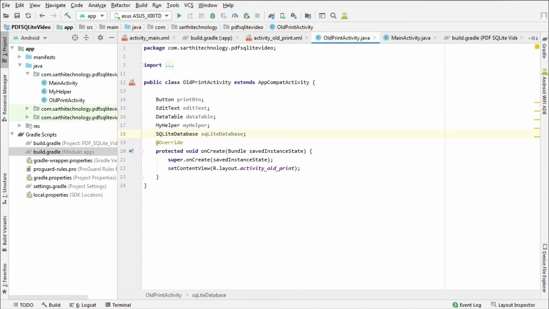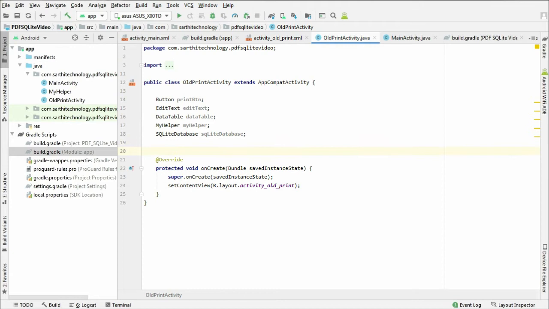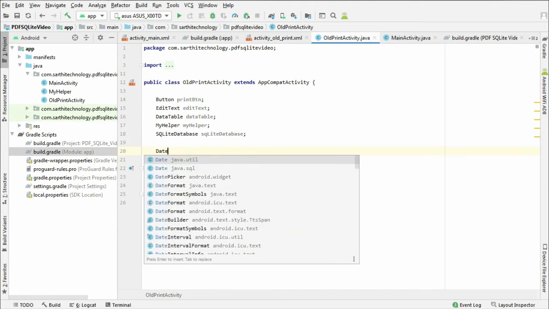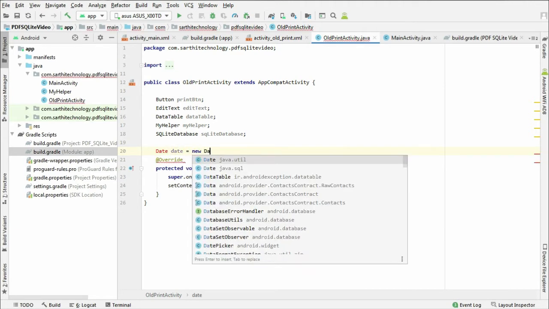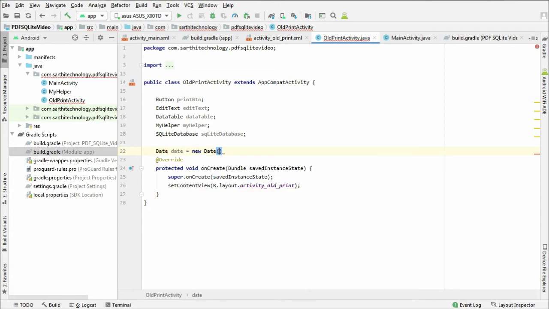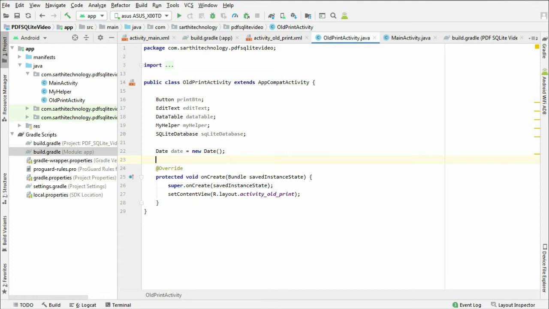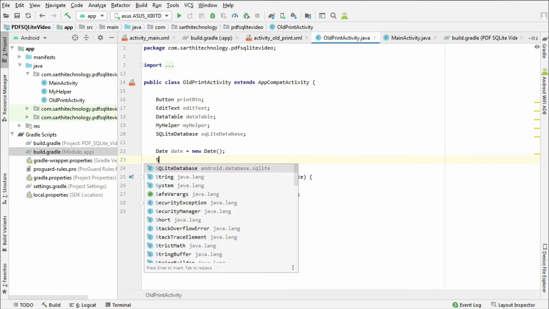Same for the format of date, we need to create date format objects. So first is date. For date pattern, we will create a date pattern object, string.